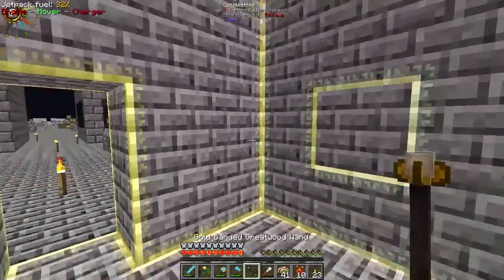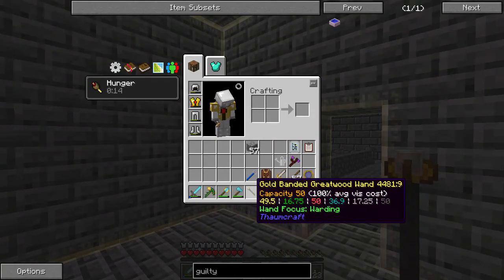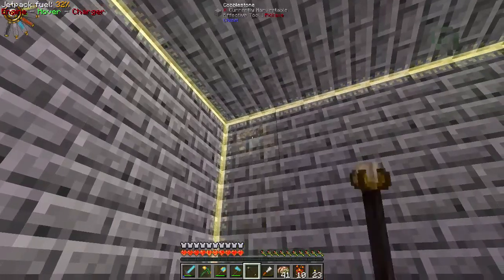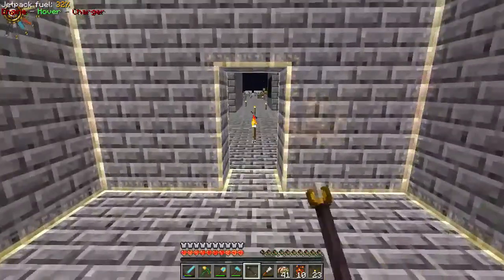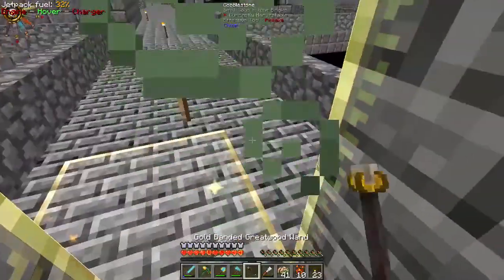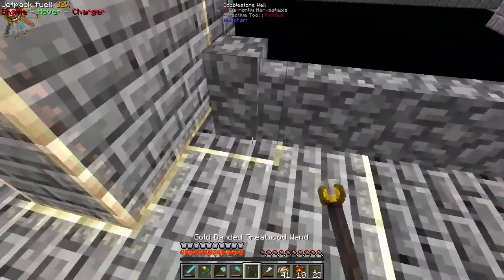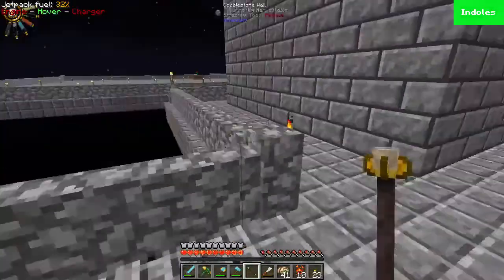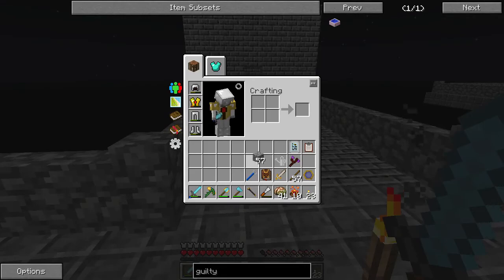So yeah, as you can see, this is using earth. I believe this focus uses, it looks like, earth, water, and ordo. A good bit of ordo, but actually this is all secured. So the last thing is we're gonna make just a little bit of a... We can't do anything with the fences, but just a little bit of another area so that any explosions don't really matter. And then what we'll do